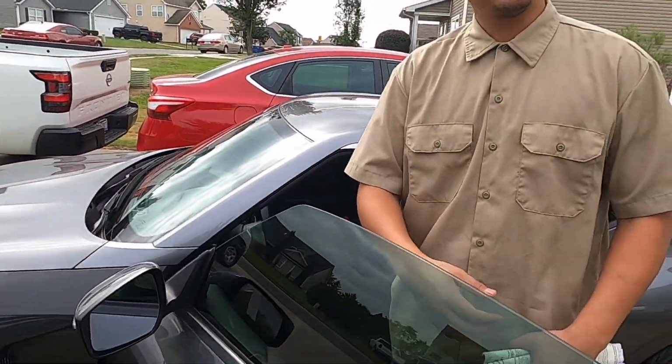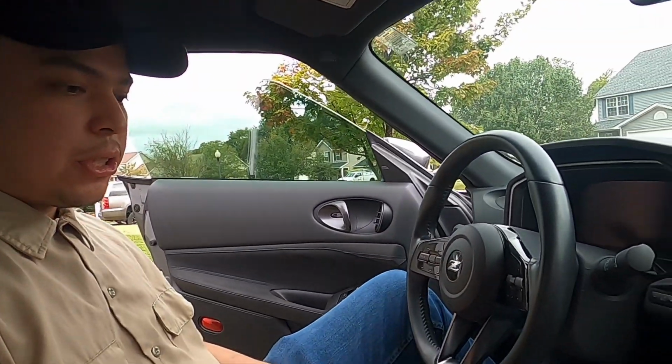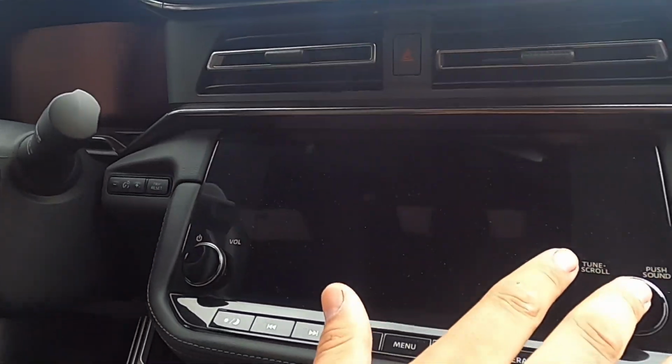So I'll tell you what, guys, let's hop inside and go into further depth in the video. All right, you guys, we're inside the car. So first things first, with this being the performance spec, you do get the larger touchscreen,